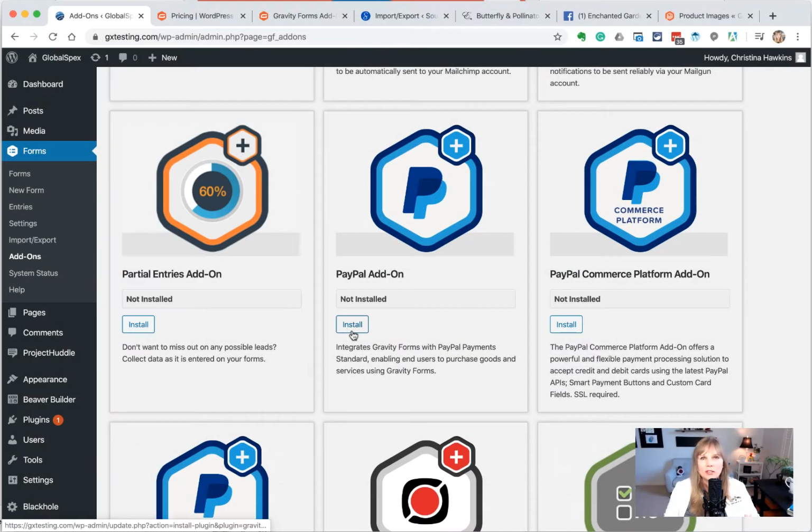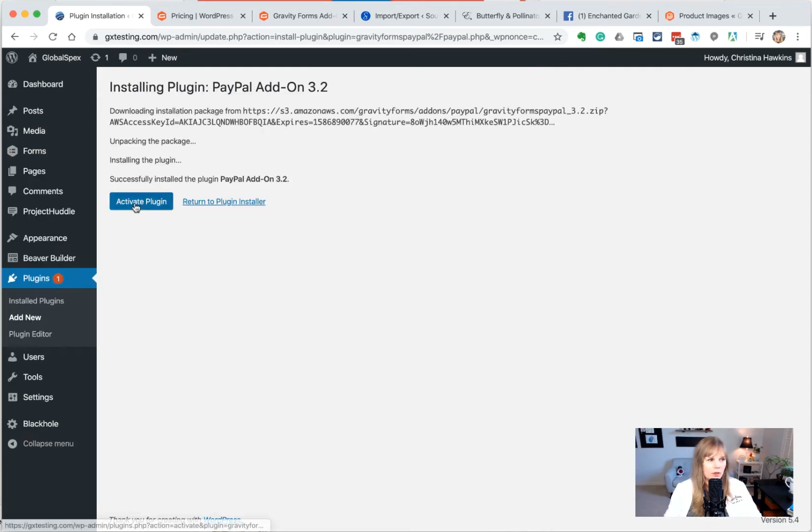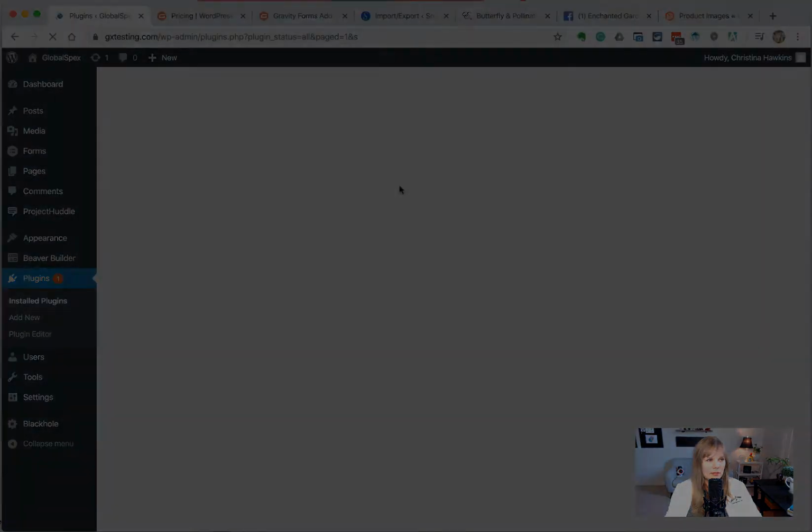So this is just the standard version. All this will do is allow somebody to pay with their PayPal account. They click send now and it sends them over to PayPal to log in and pay. So we're going to go ahead and click install on this. Go ahead and activate it. And now there's a